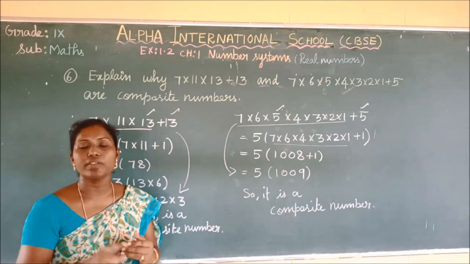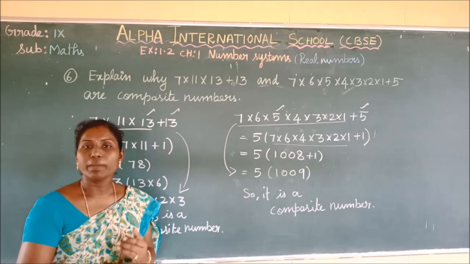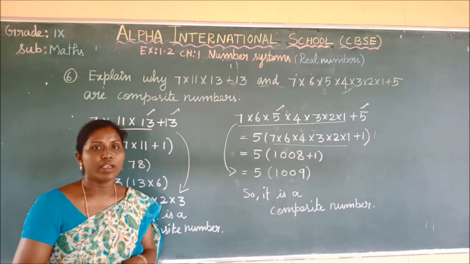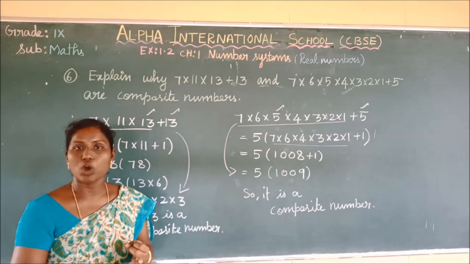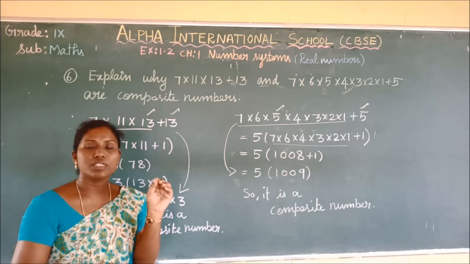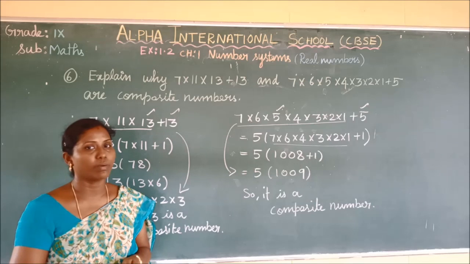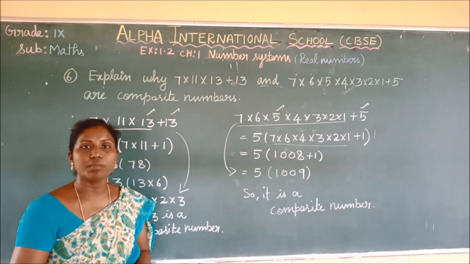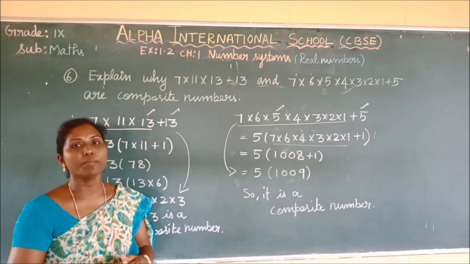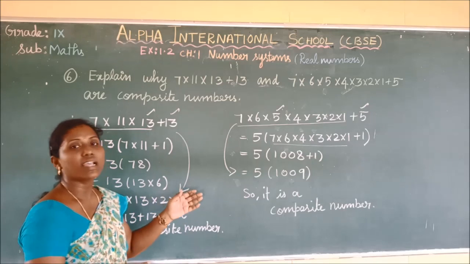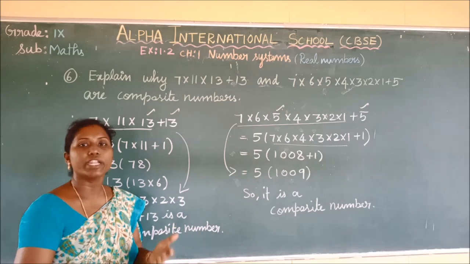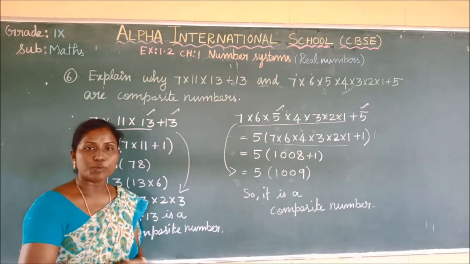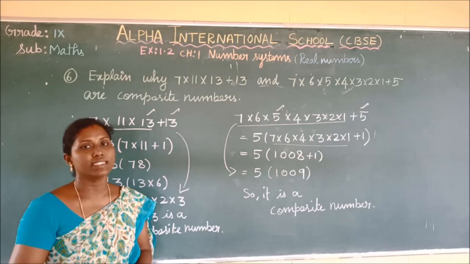In the second exercise we have seen the fundamental theorem of arithmetic, that is, every composite number can be expressed as the product of primes. And keep in mind, one is neither prime nor composite. We often make this small mistake when finding prime and composite numbers. And we also saw how to find the HCF and LCM of positive integers using prime factorization. Based on this same model, you will be getting your assignment problems also. So you have to go through this problem and work out your assignment problem in the same manner.